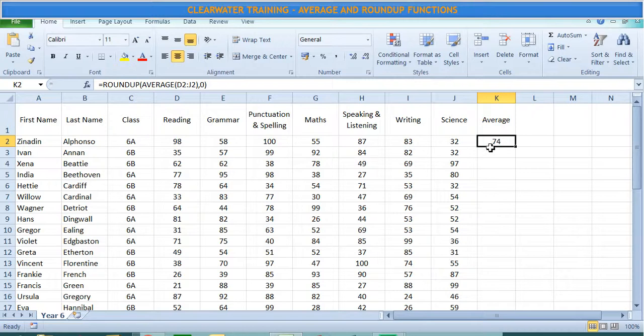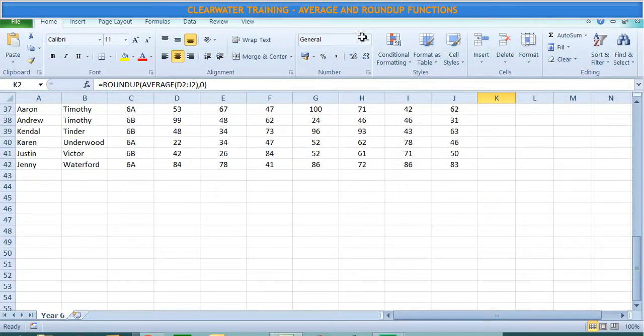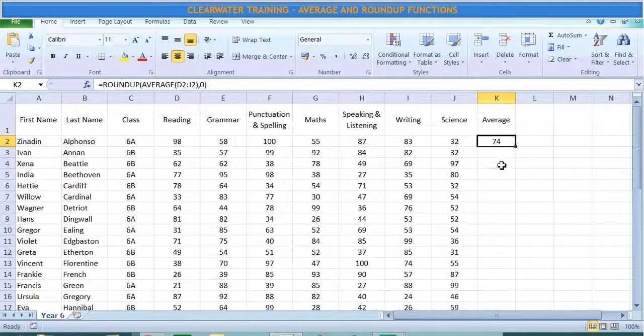Now if I just want to copy this down to the rest of the students, can you see it goes all the way down to row 42 there. If I move my mouse right in the corner of the cell, so it's like a little smooth black cross,